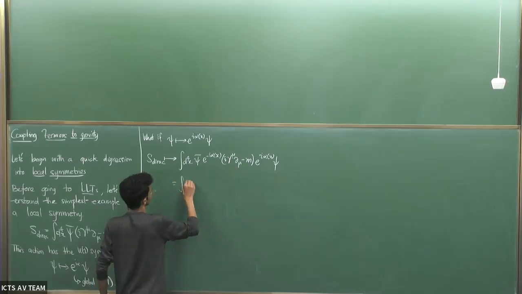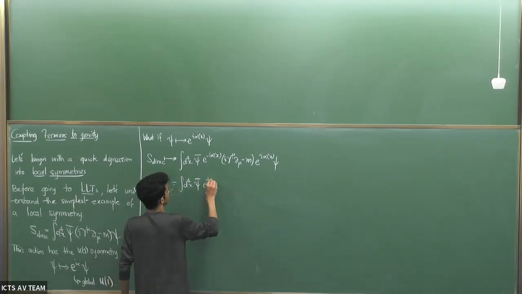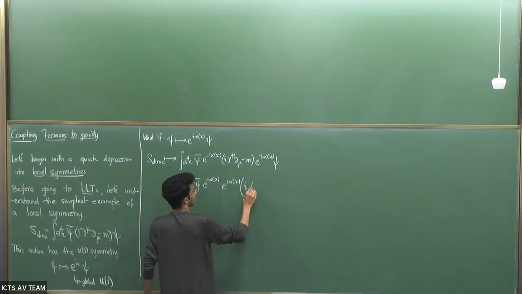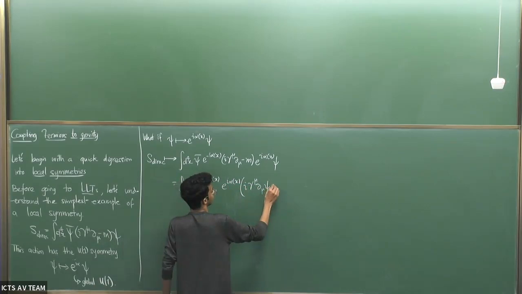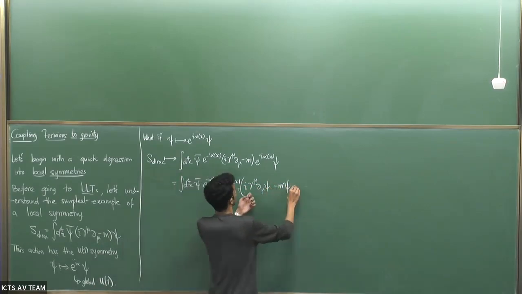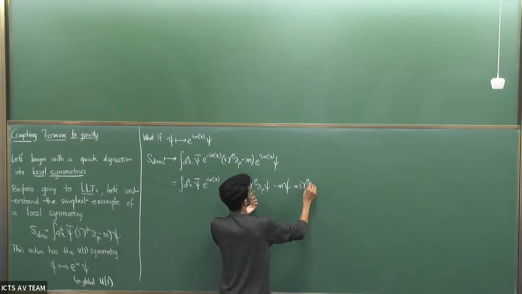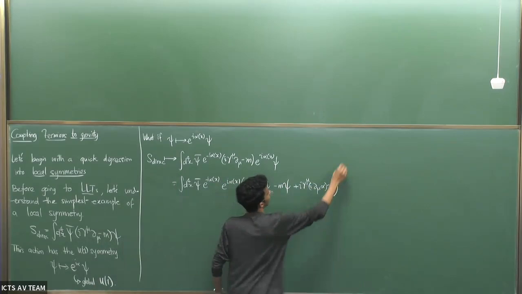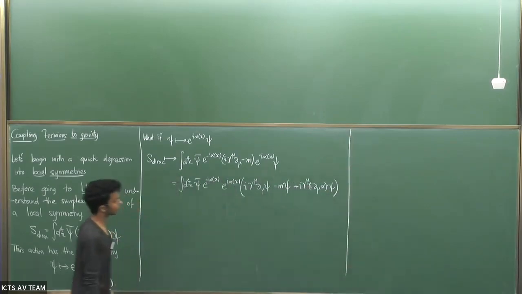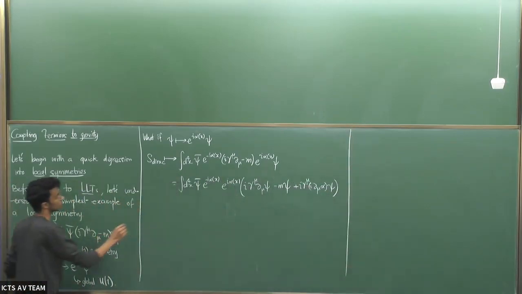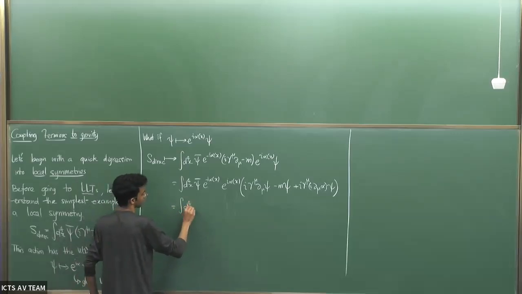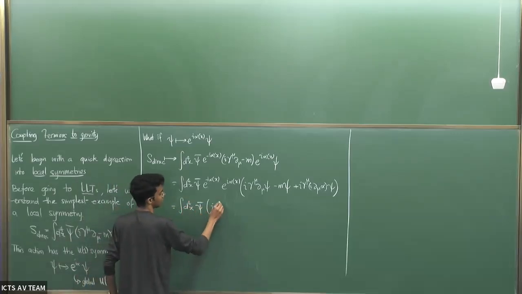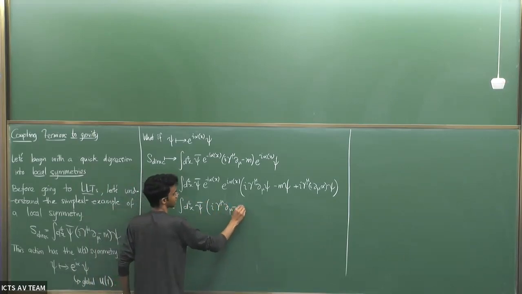So this will be integral d4x psi bar e to the minus I alpha e to the plus I alpha times I gamma mu del mu of psi minus m psi. But there's also an additional term which has a plus I gamma mu and then I del mu alpha times psi. Okay. So simplify that. So this is integral d4x psi bar I gamma mu del mu minus m